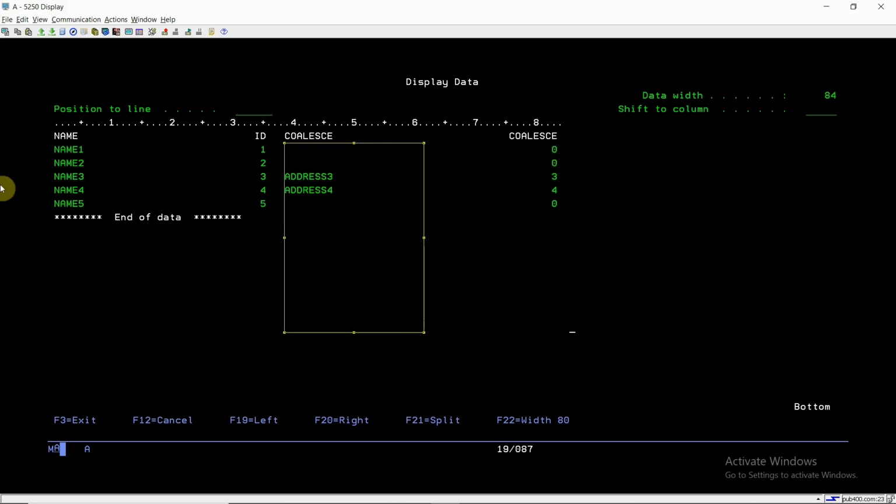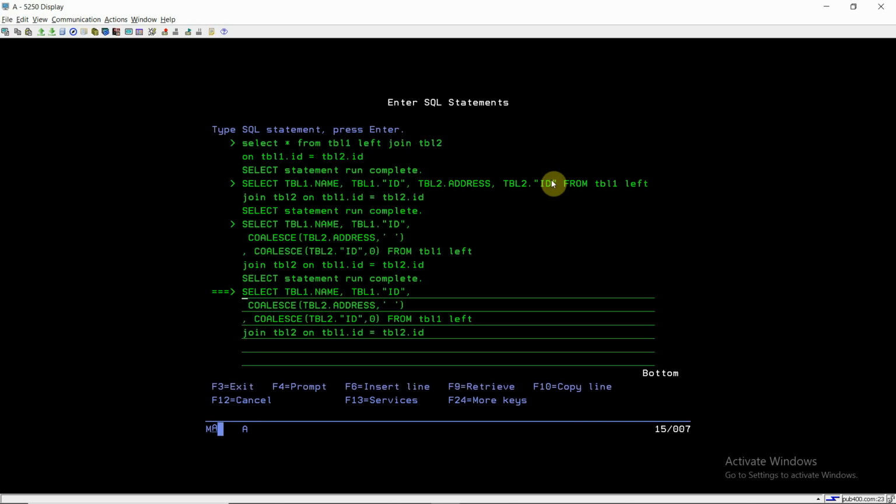The left join selects the inner join results, 3 and 4 matching records, plus the records from the left table which are not coming into the inner join result. Sure. So now we have converted them to blank or 0 using this function.